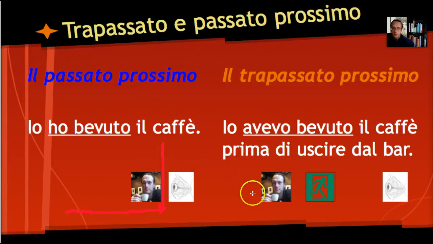In the trapassato prossimo, we usually use this verb form to express that something was ongoing and completed in the past, so io avevo bevuto il caffè, and we usually refer to an action that happens after that. So prima di uscire dal bar, so we have the action of leaving the bar, but we express with the trapassato prossimo that we already had completed the action of drinking the coffee. We can see more examples